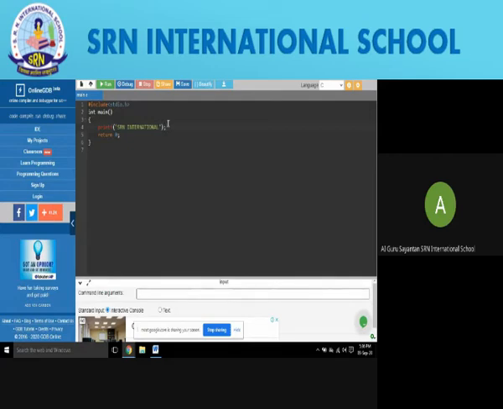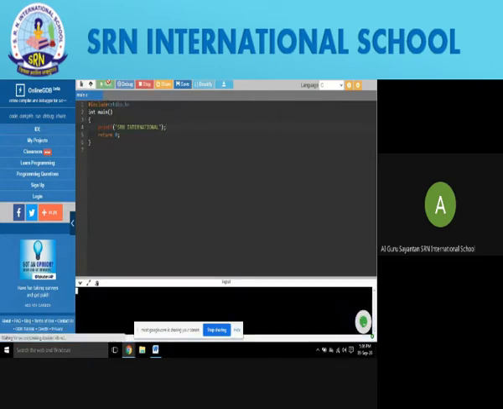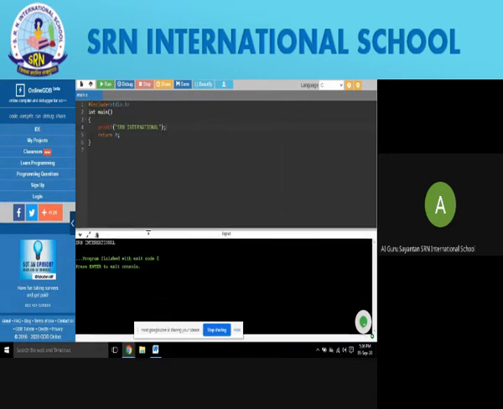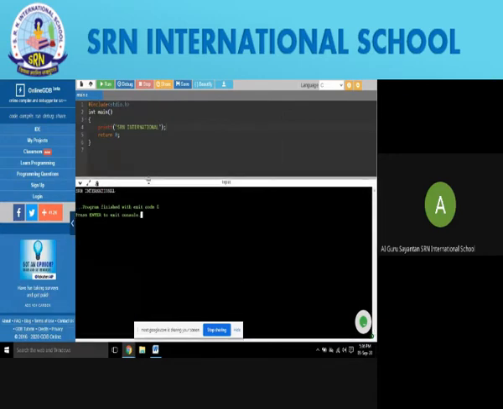So till now we have written the code. This is the actual code which is required to print your school name, or whatever you want to write within the two inverted commas. It will be presented similarly on your computer screen. So after writing the code, we will go to run, and you can see that your school name has come on the screen.